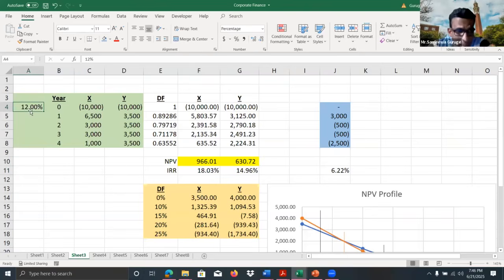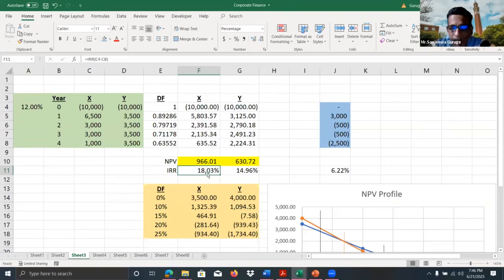Under that condition, it is assumed that these initial cash flows can be reinvested at 18%, which is not correct, which is not realistic. That's the main issue with IRR. But this value is so important, right? Why? Because this indicates what? As long as the cost of capital of the firm is less than IRR, this project is acceptable. The project will generate positive net present value. So that's why IRR is useful.